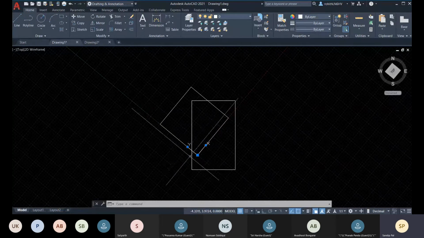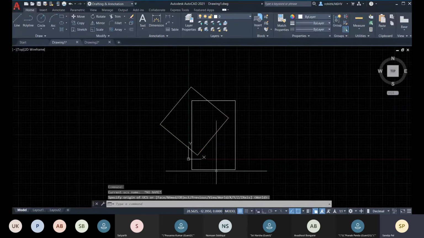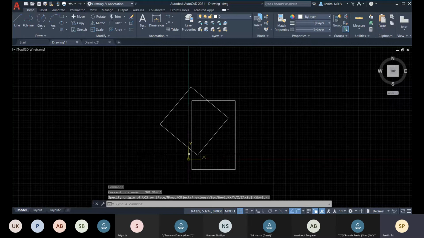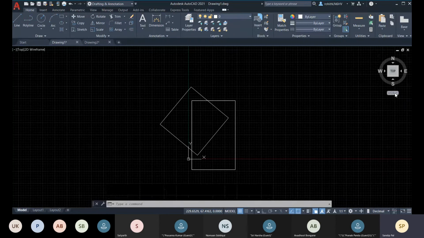How can I get it back? After selecting this UCS, just place your mouse on this origin, don't click, and there you will find World. You can click, and you will get it back aligned with WCS. Right.